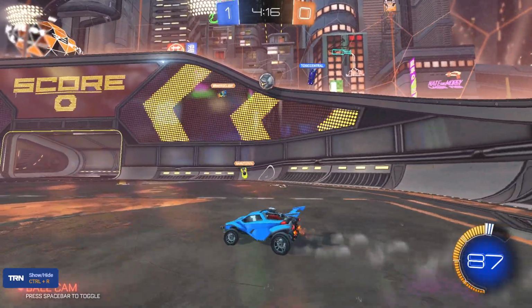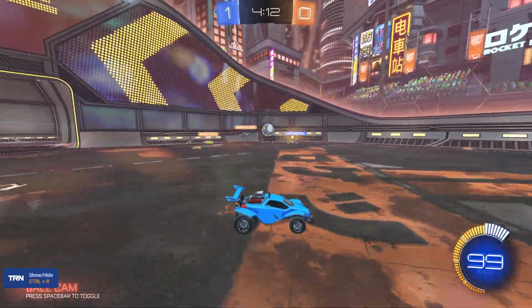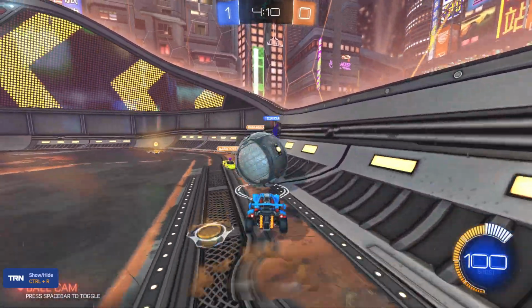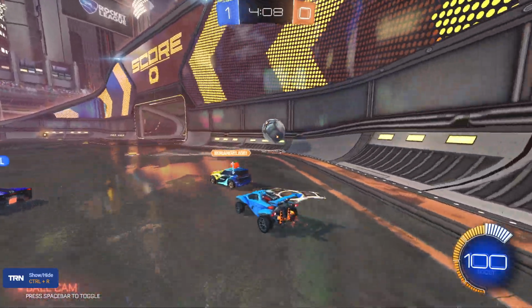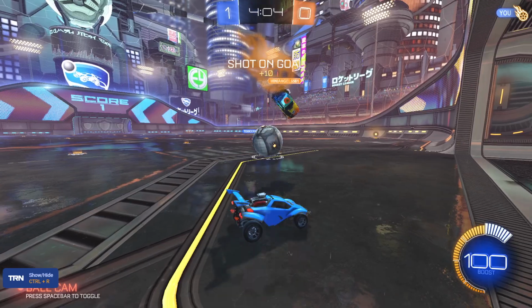Ooh, looks like our teammate's able to get a good touch on the ball from up on the wall. It's a very rare thing you'll ever see in this rank. People always want to try to go for it, but they end up jumping just to...